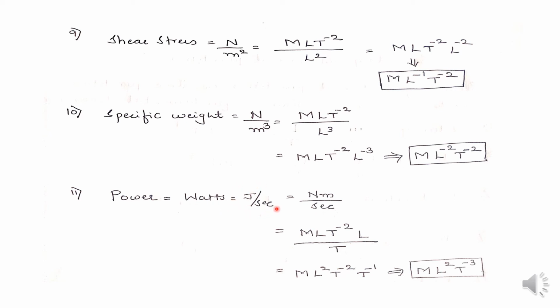So again, we do not have any fundamental dimension for measuring joules directly. Newton per meter is nothing but 1 joule. So for Newton, the dimension is M L T to the power minus 2. For meter it is replaced by L, divided by seconds, replaced by T. So this is M L square T to the power minus 2. If I take this to the numerator, this will be T to the power minus 1. So for power this will be M L square T to the power minus 3, since minus 2 minus 1 will be minus 3.